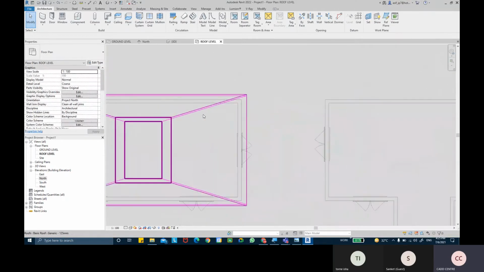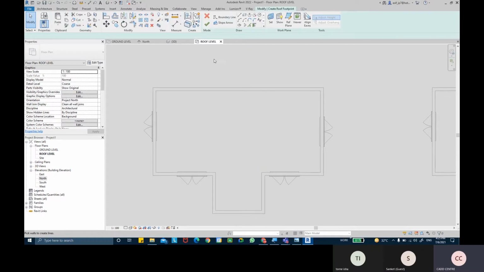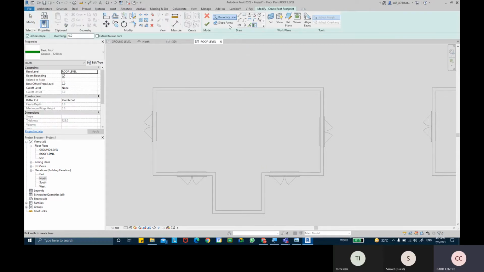So I'm going to come into the roof level. This time the shape is a little torn, so it's not a rectangular kind of shape. Whenever we take the roof by footprint command, I cannot use the rectangle shape because it will only draw till this region, and then this region would not have a roof. So I'm going to take the pick lines command, and even in this I'm going to give an offset distance, maybe 200 mm offset.